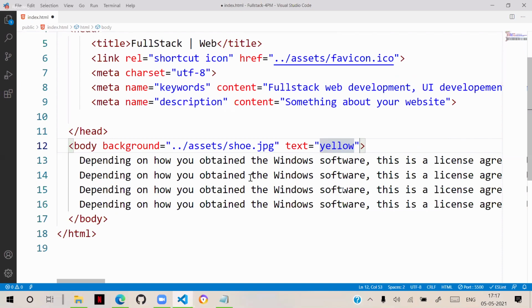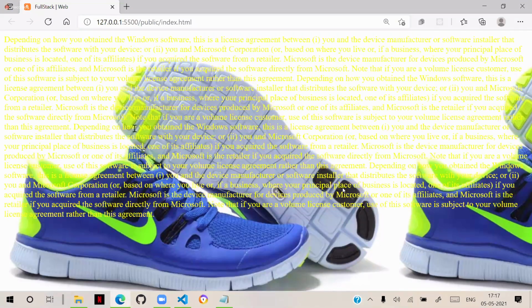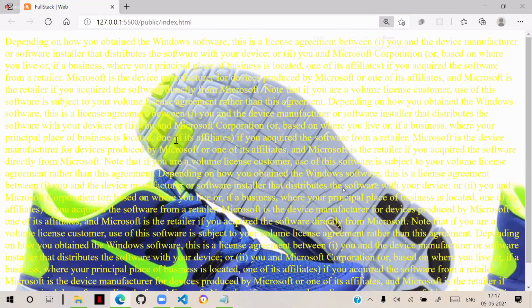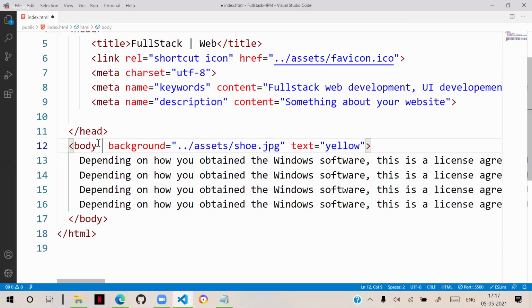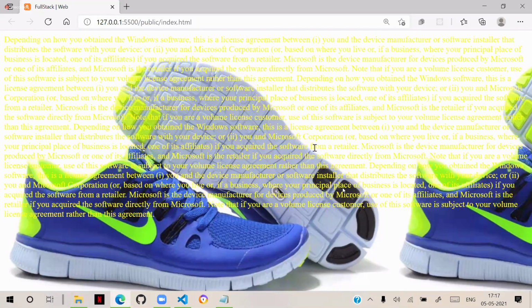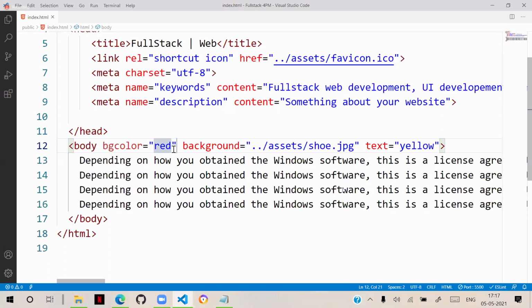We can change the text color. If you write bgcolor red, it will not work because the background image will dominate. So you can use either background color or background image, any one. That is how we can set a background color and background image.